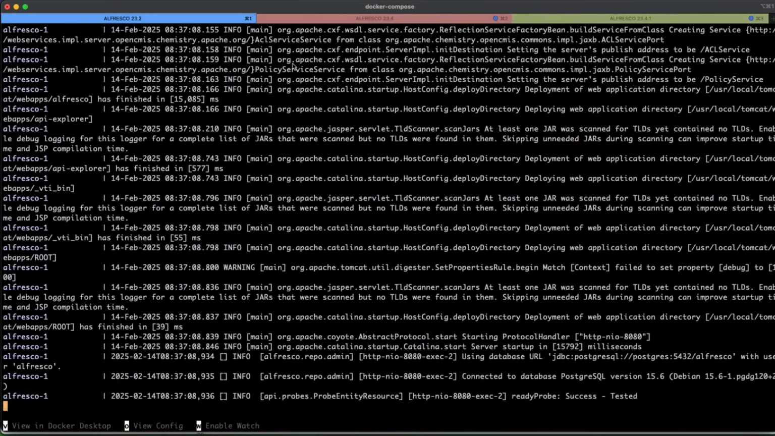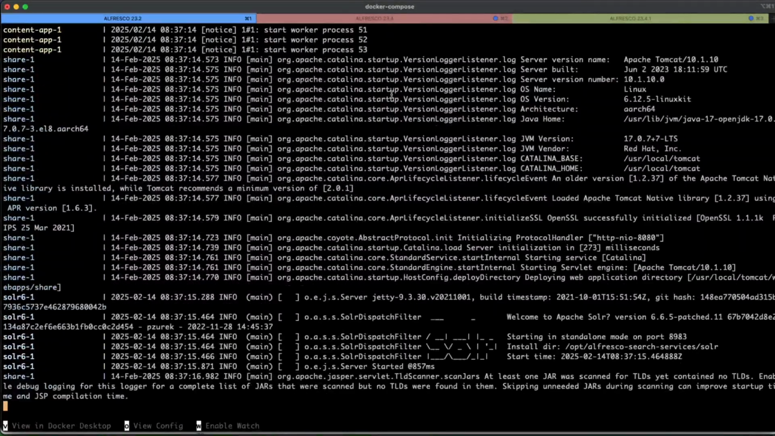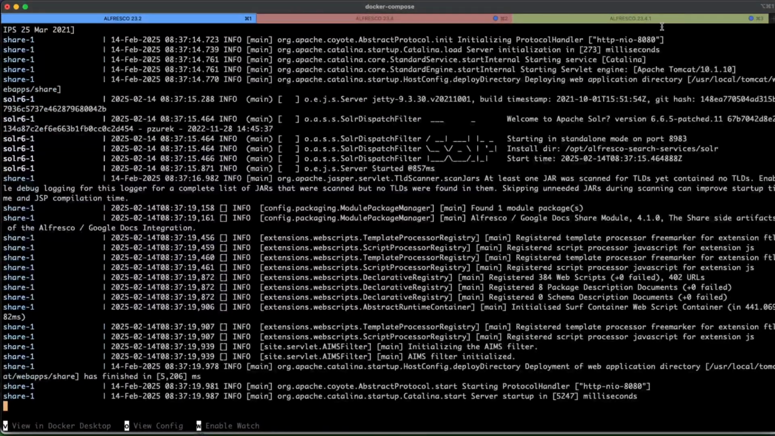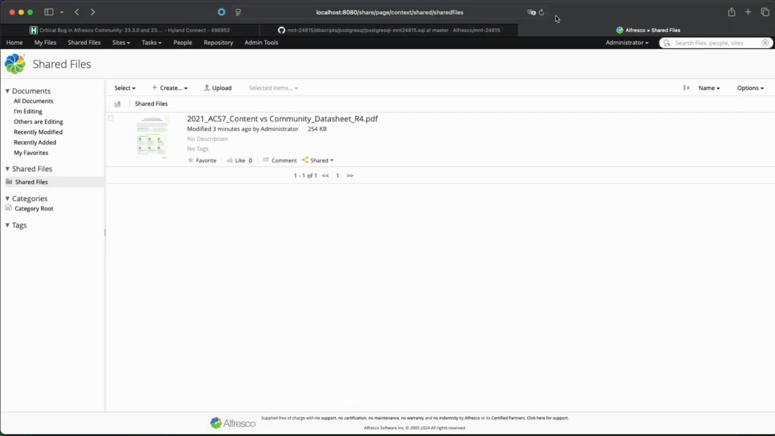Then we are going to apply the SQL patch on this 23.4.0 database, and we are going to upgrade to Alfresco 23.4.1 to verify that the records are back again. So now Alfresco 23.2.0 is running. So let's